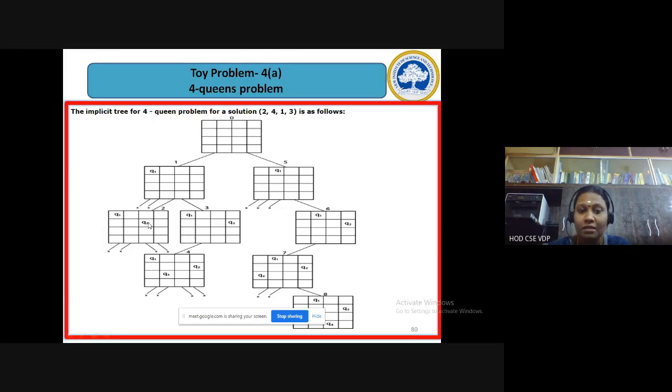So this is done. Then what has to be done is you have to place the next queen. That is, in third row you have to place the queen. So if you try placing it in third row, you cannot place because 3 comma 1 you'll have an attack, 3 comma 2 you'll have a diagonal attack, 3 comma 3 you'll have a column attack as well as a diagonal attack, and 3 comma 4 you'll have a diagonal attack. So you don't have an option.